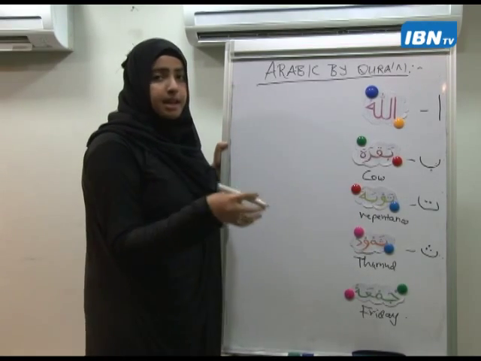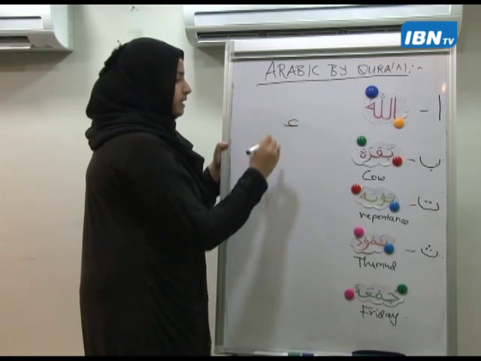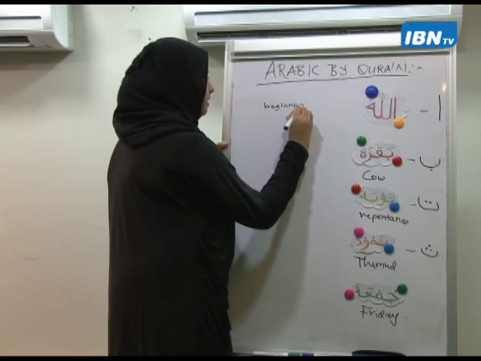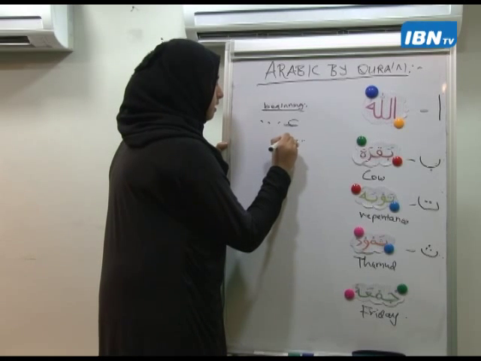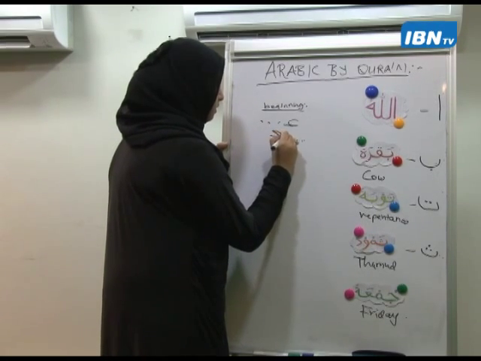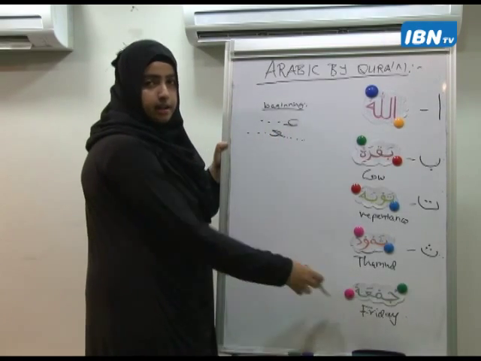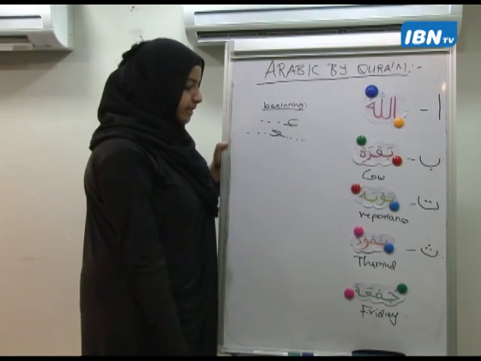I said in the beginning of a word or a sentence, Ain looks like this. This is in the beginning, right? In the very first session, I had said this. Ain in the beginning and Ain in the middle of the sentence looks like that. So this letter is Ain. And what did we say about Ain? Ain is also a muttasila letter.